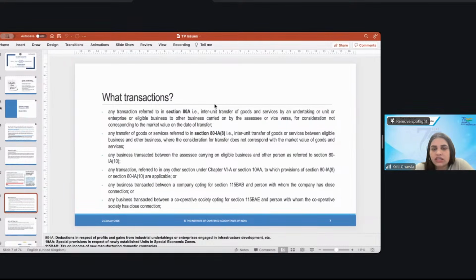So do we need separate financials for units? Well, there will be separate,